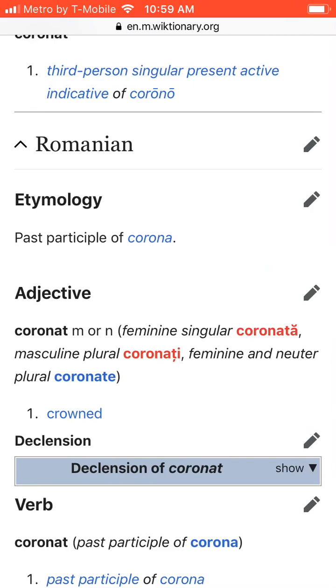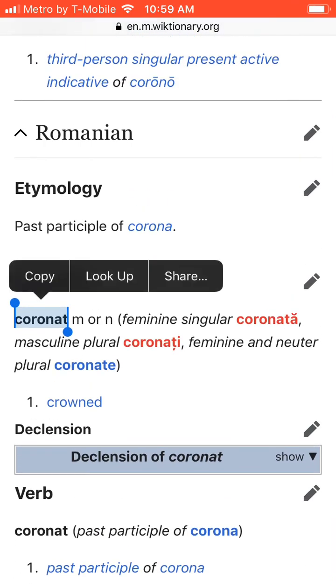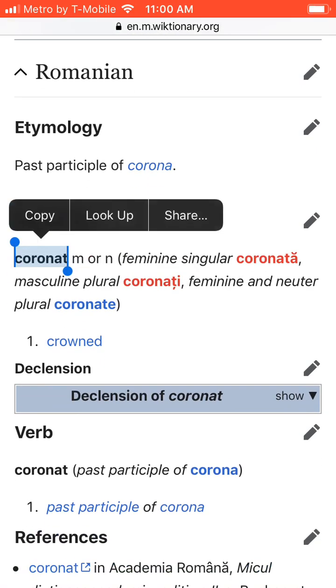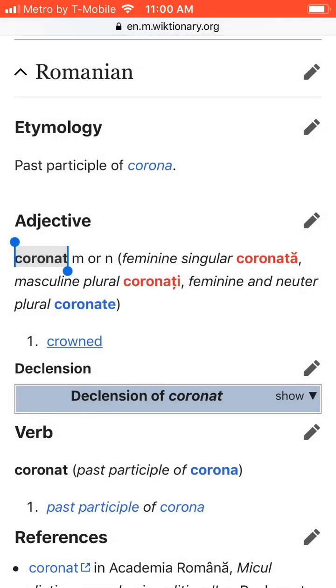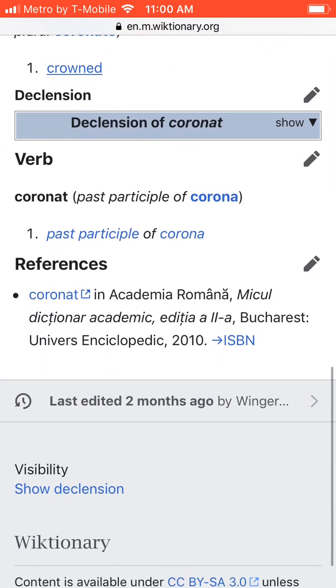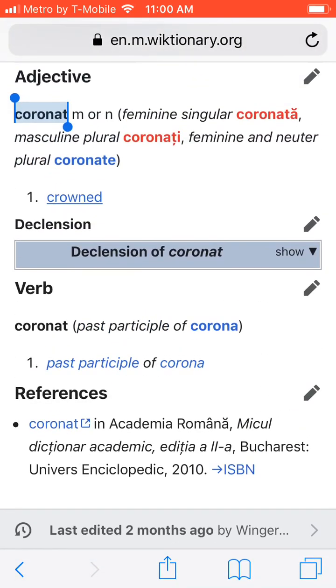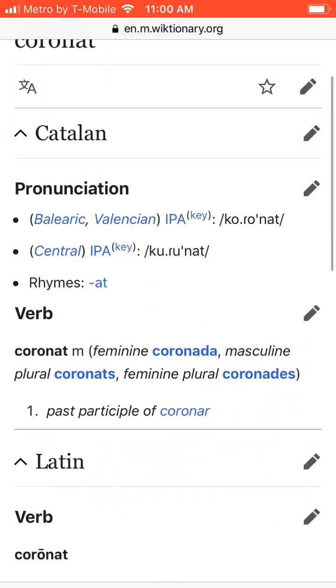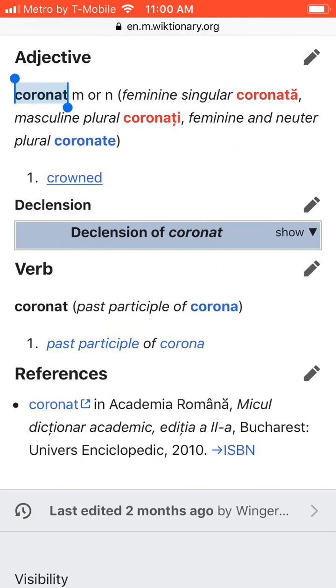Alright, so you might be wondering why I have this word up that says Coronat. Well, it comes from the word corona, which means the sun. But this definition means crowned, right? So, that being said, the crown of the sun is when the red and blue kachinas come together, which causes the